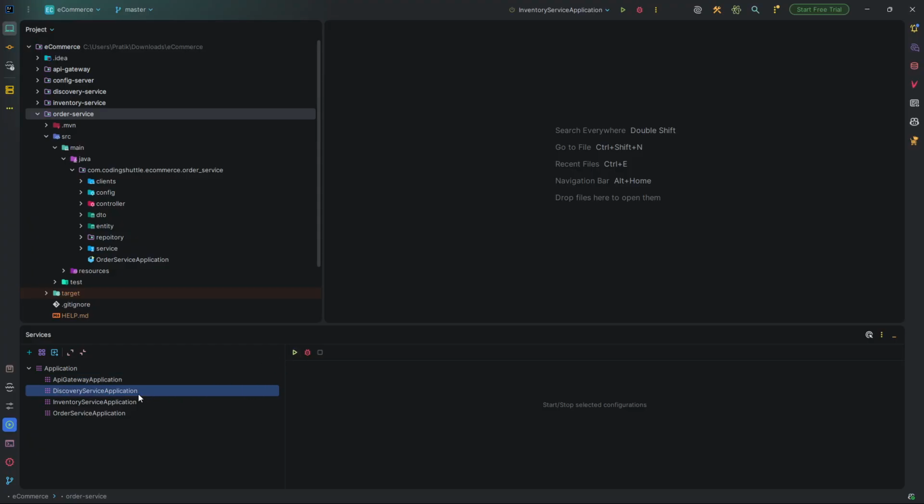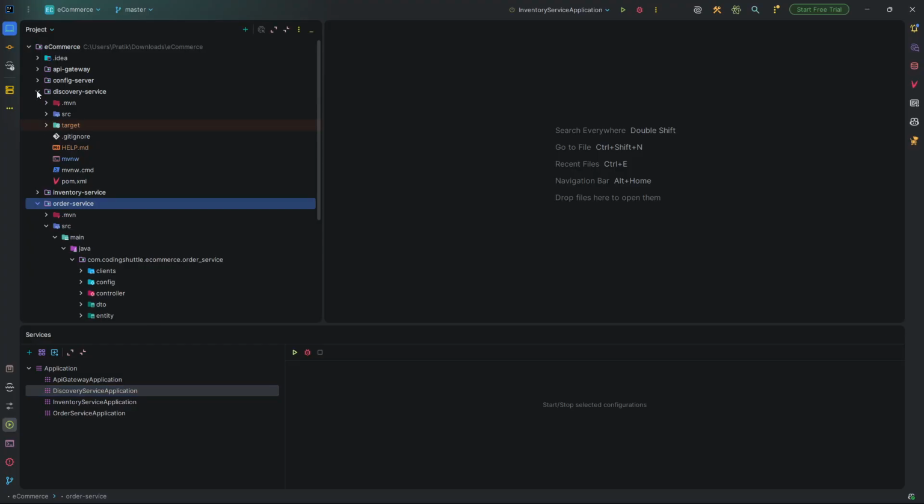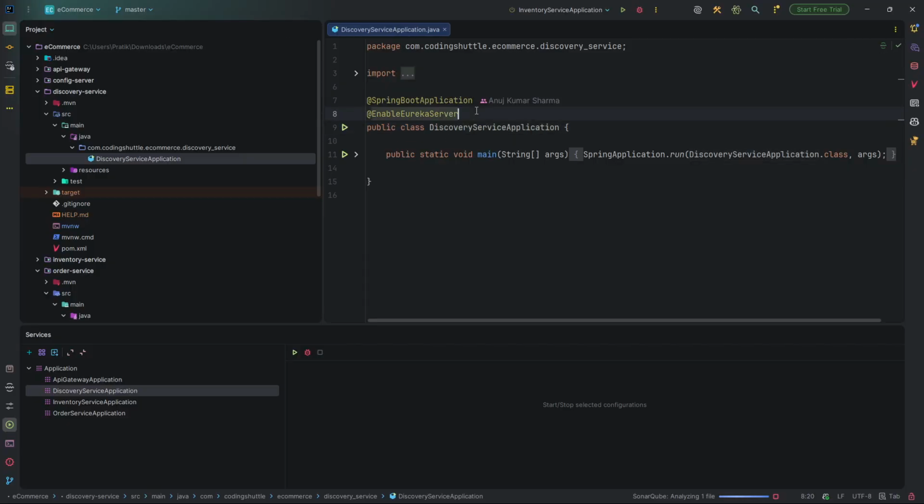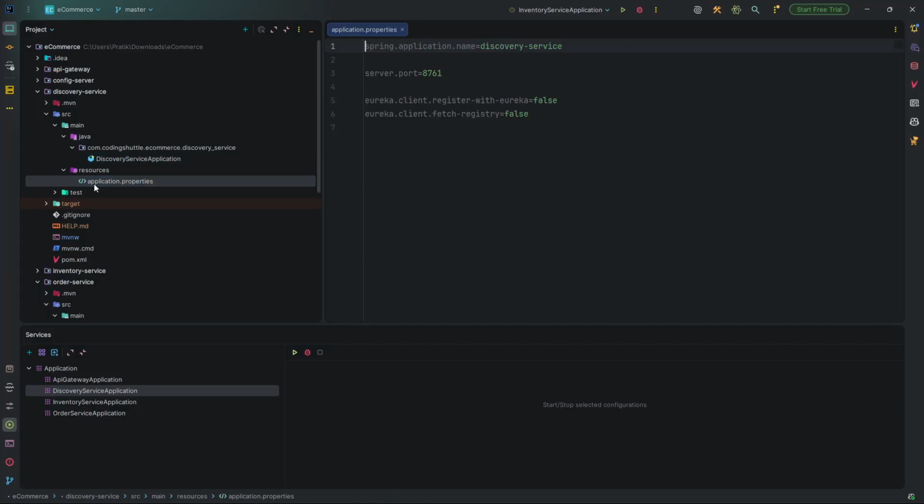We will first run the... okay, see now what I have done. I have created a discovery service over here which will act as a discovery server. See over here what we have done: we have enabled the Eureka server. This is the first thing we have done. Then in the resources, we have allocated a certain port for it, that is 8761,